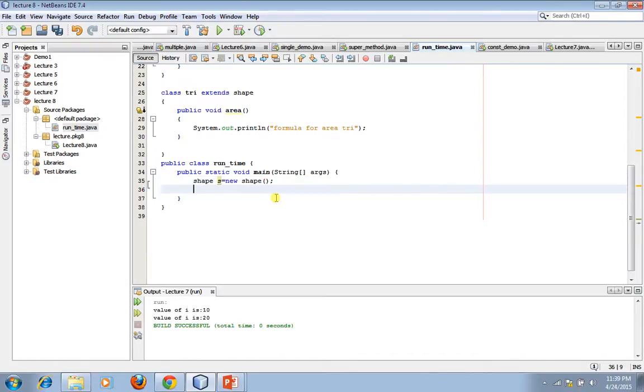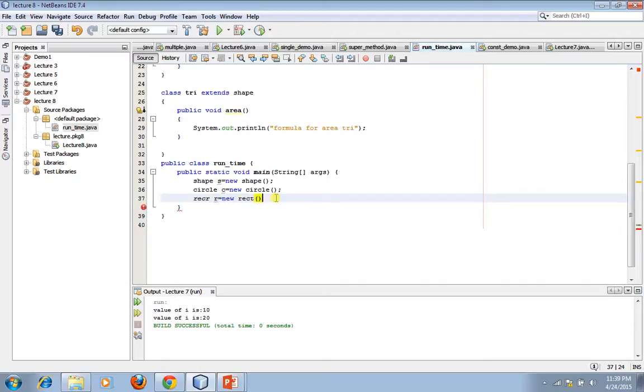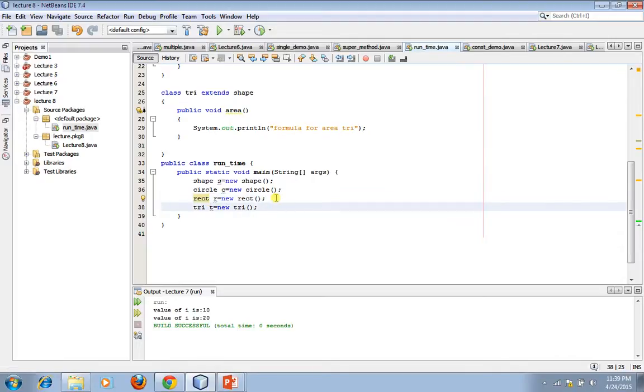Then I will create the object of derived class Circle c equal to new Circle, then Rectangle r equal to new Rectangle, then Triangle t equal to new Triangle. That means we have created objects of all the classes we had. Okay, now